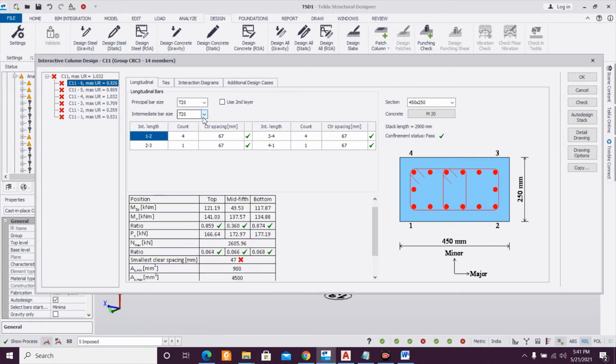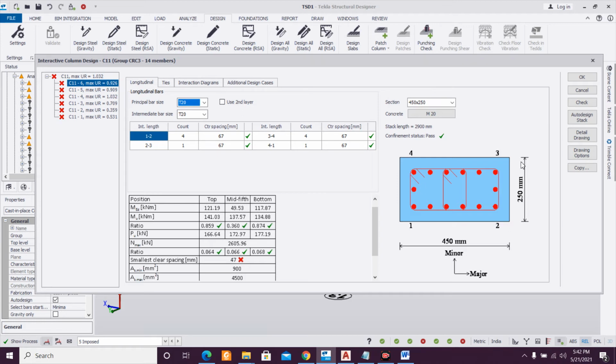I haven't allowed the 25 mm bars yet, nor the 32 mm bars, and 40 mm bars won't be used in this building. So basically it fails in spacing if I use the 20 mm bars.